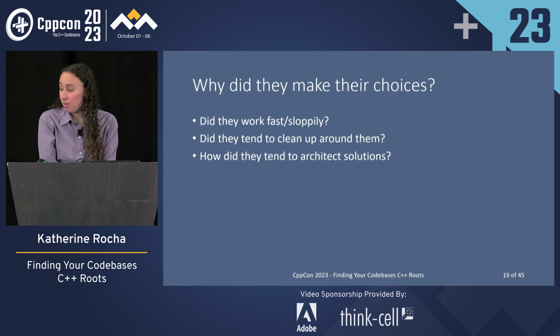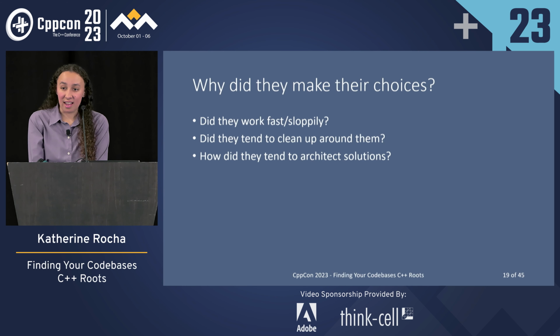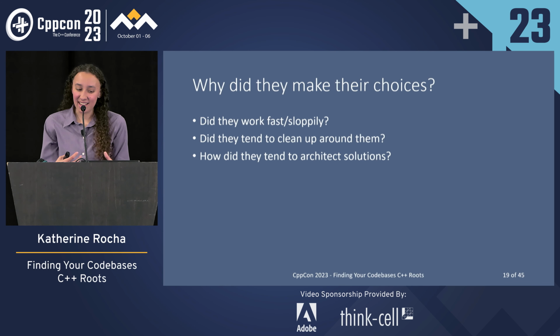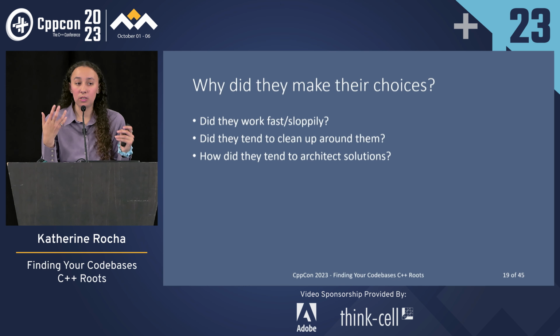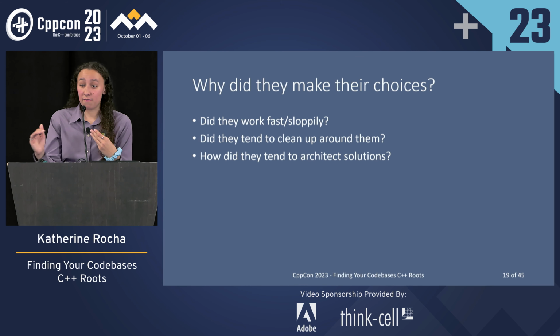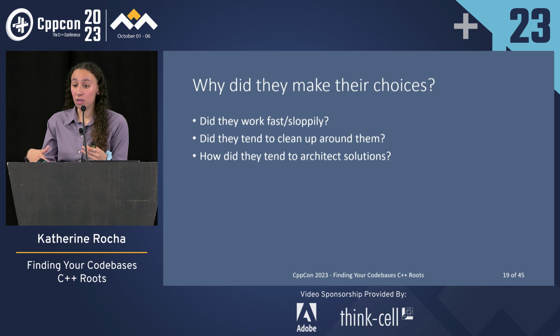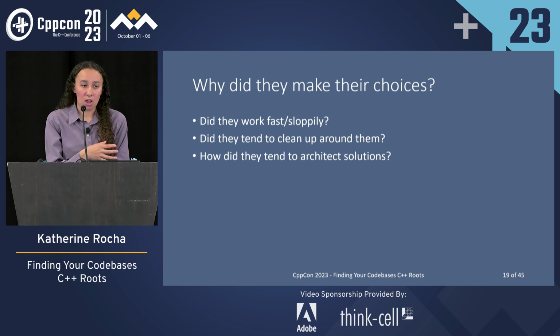And then the last W is why. So we need to understand kind of why they made the choices that they did, so that way we can look at the code and understand, here's what they did. We have those people who write really sloppy, fast C++. They get it done to about 85%. It works well enough, it gets through. And that's really important because sometimes we need that to be done in that way in order to get things shipped out, in order to get the product out to the customer, and that's important. But that's not also always what we need.